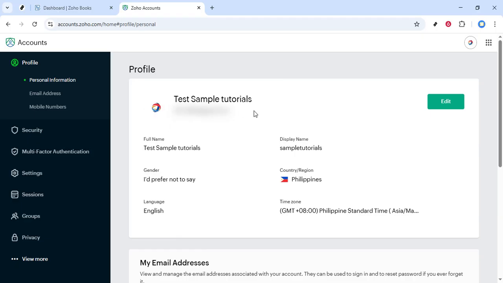That's it. You've added your logo to your Zoho Books profile, helping your brand appear consistent everywhere it shows up in the